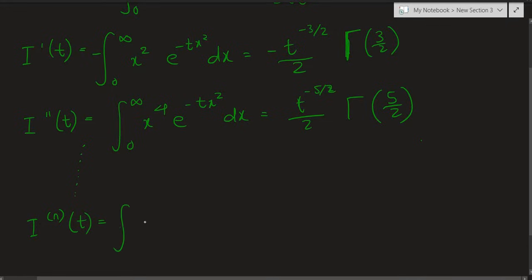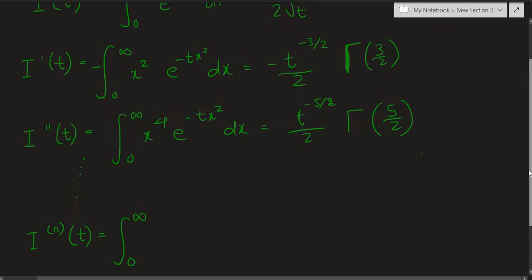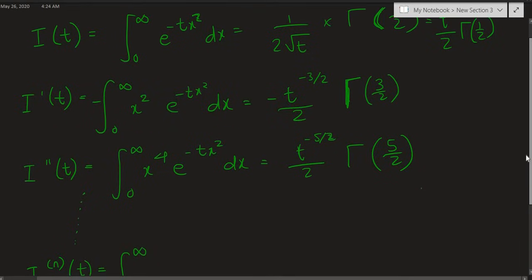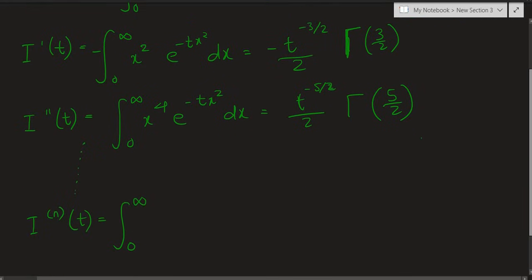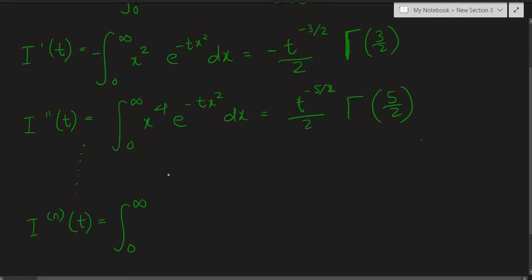So that is going to be integral from 0 to infinity of, well, now notice that for the first derivative we had a square, for the second derivative we had a fourth power, for the third derivative therefore we'll have a sixth power, and for the nth derivative we will have x to the 2nth